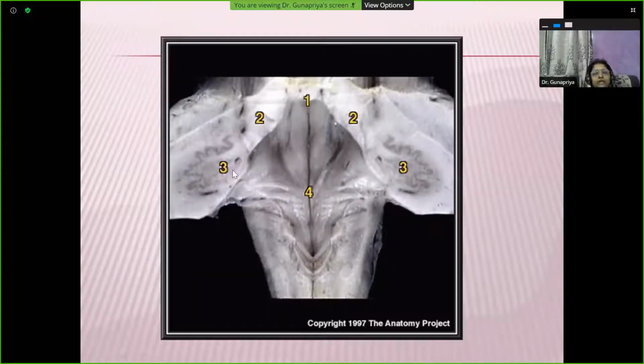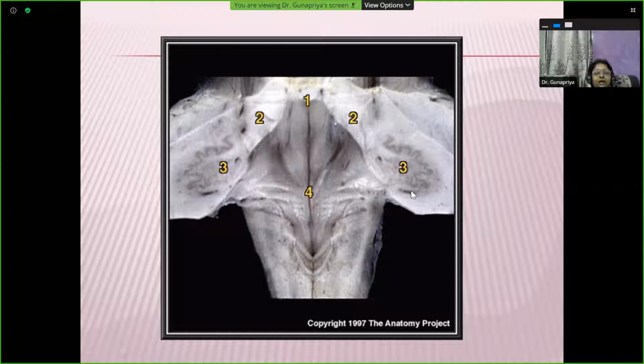So this is what you see exactly here. In this picture, you can make out this is the superior angle, and this is your median sulcus. You can make out the facial colliculus here, and the sulcus limitans. The superior fovea can be made out here. And this is your superior cerebellar peduncle. This is part of the cerebellum because the dentate nucleus can be made out here. A part of the cerebellum has come along with the section. So this is your dentate nucleus.